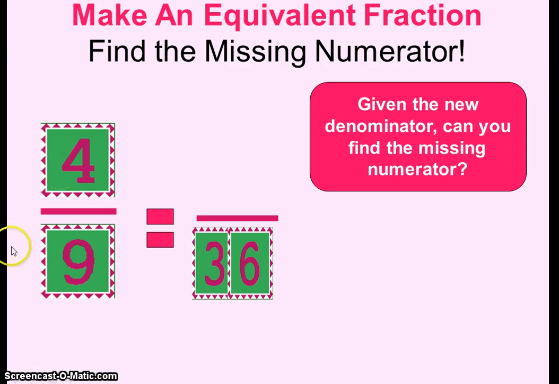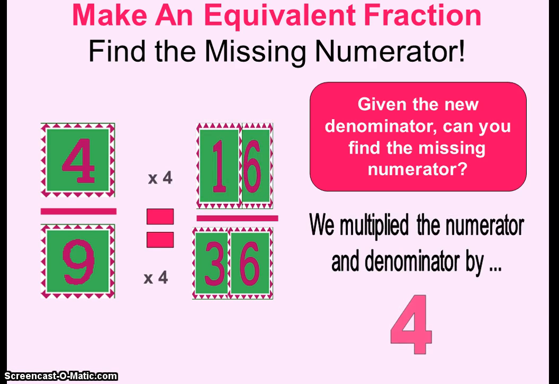Look at this example. 9 times what number will give me 36? Okay, so you can use your calculator, you can use your multiplication charts, you can use your fingers and your hands, whatever gets you the right answer, and you'll find that 9 times 4, there we go, will give you 36. If we multiply the top by 4, we're going to get 16. Okay,